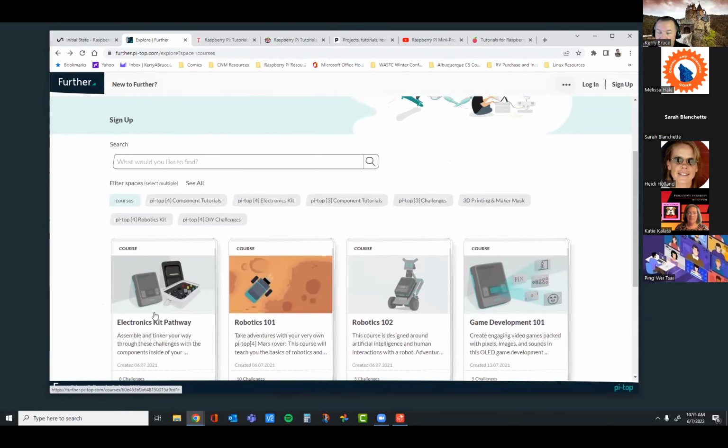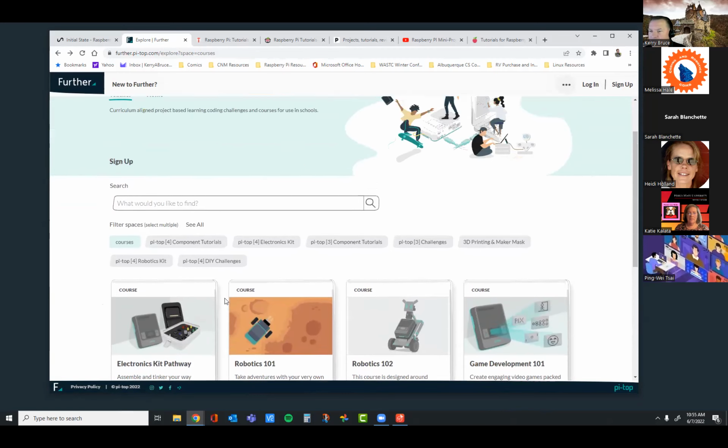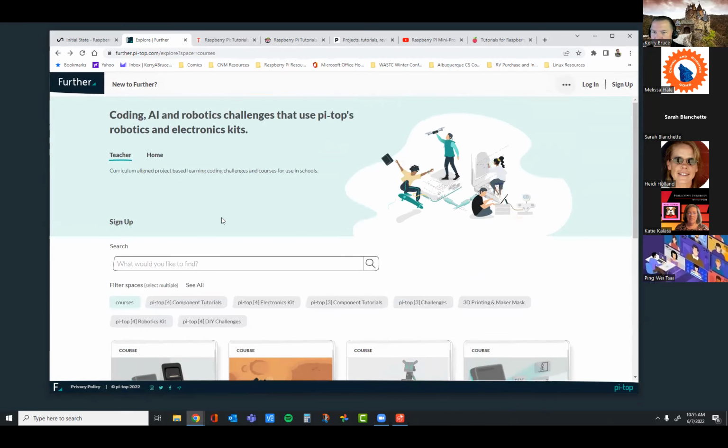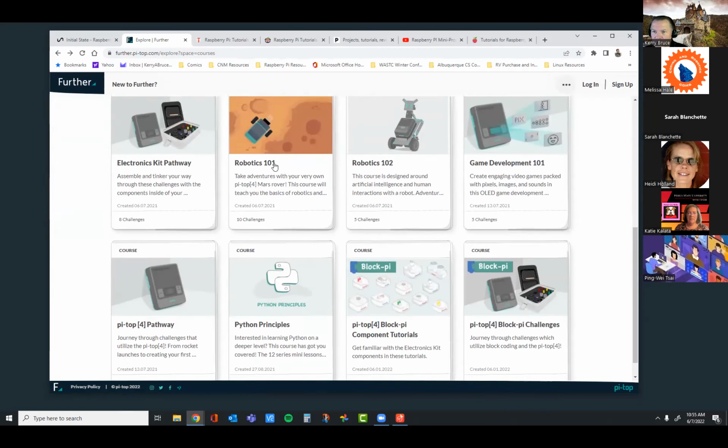If you have a Pi Top 4, then you have access to this for free. There's a classroom setup, but I don't know how that works, and I don't know what it costs. I'm not overly concerned about that because I'm going to have them do the projects and then record a video or pictures of the projects functioning.